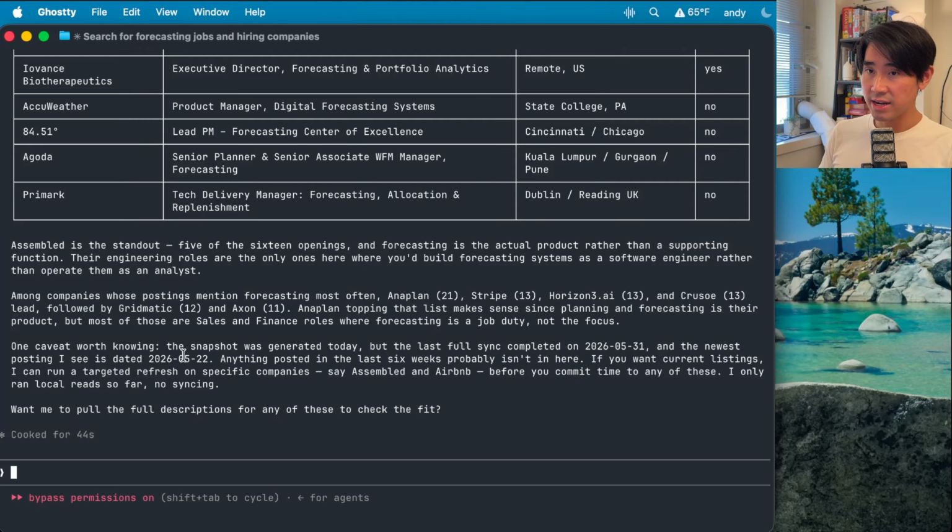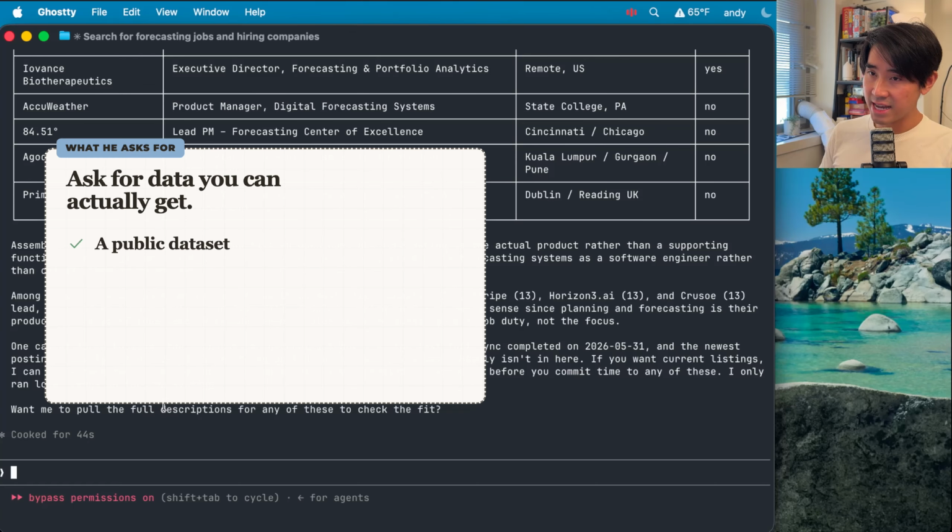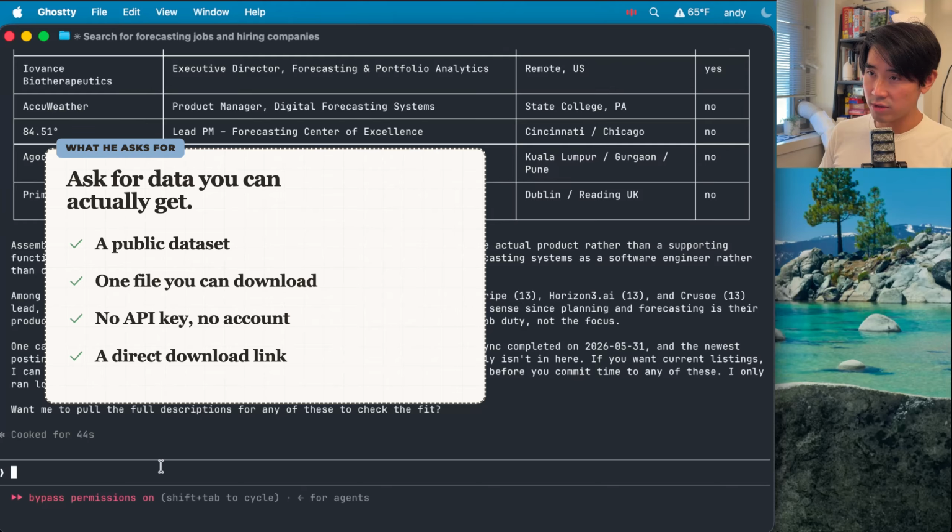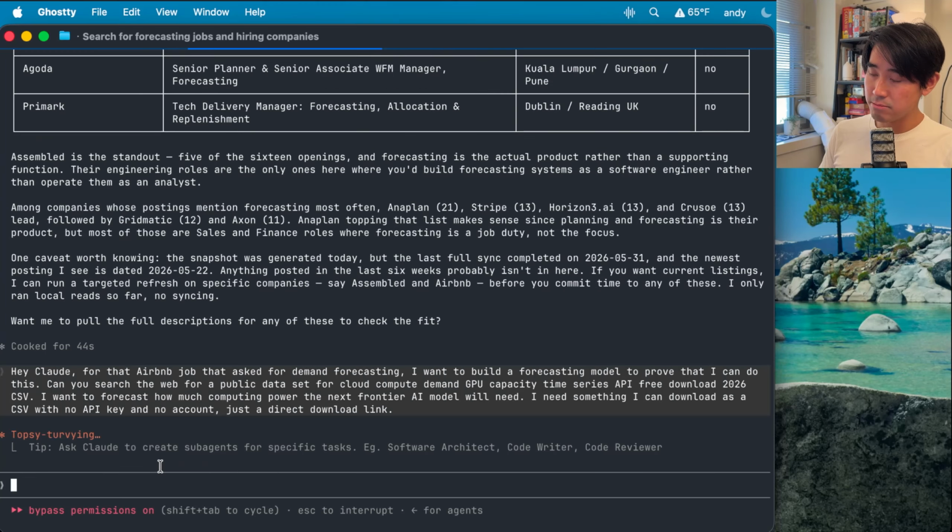And so here, the next thing I'm going to prompt Claude for is, hey Claude, for that Airbnb job that asks for demand forecasting, I want to build a forecasting model to prove that I can do this. Can you search the web for a public data set for cloud compute demand GPU capacity time series API free download 2026 CSV? I want to forecast how much computing power the next frontier AI model will need. I need something I can download as a CSV with no API key and no account, just a direct download link. And then once I send that message out, we can let Claude search the internet and get us the